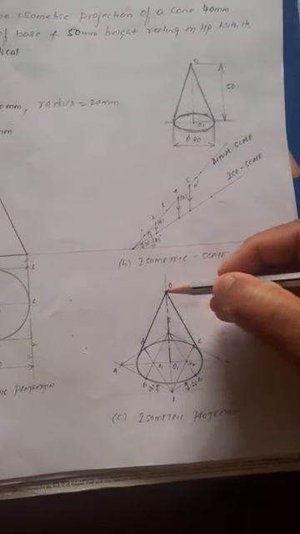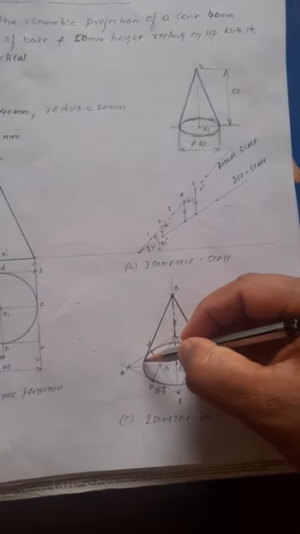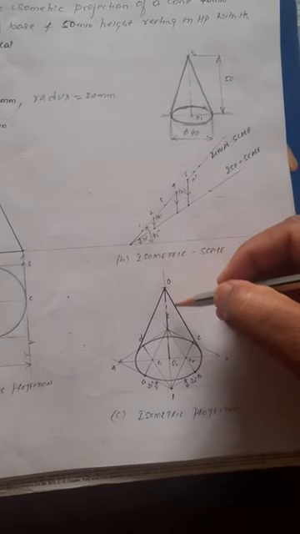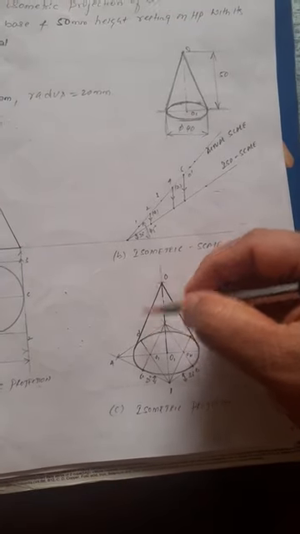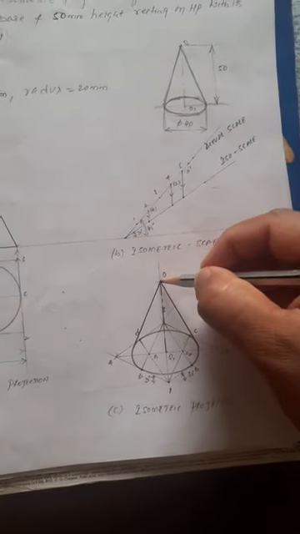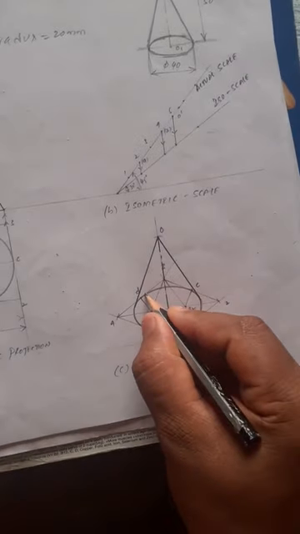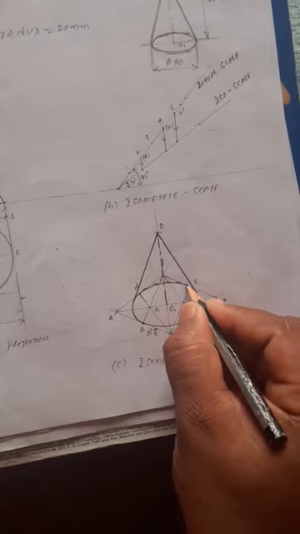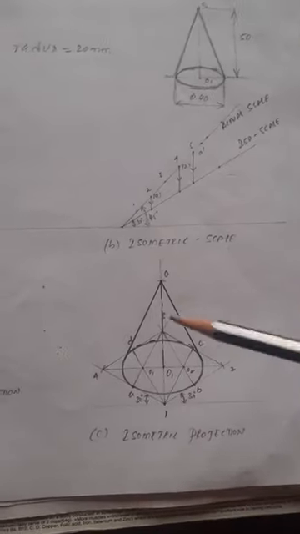From the apex, how do you join here? Take the scale from the apex and draw a line tangent to the ellipse. Then you draw a line from O tangent to the ellipse, not exactly on C, not exactly on B, D it is. From the apex, draw a line which is tangent to the ellipse. Then you'll get that. Then what are these actually? Invisible lines, make them dashed thick lines, right? I think you know it's easy to construct.